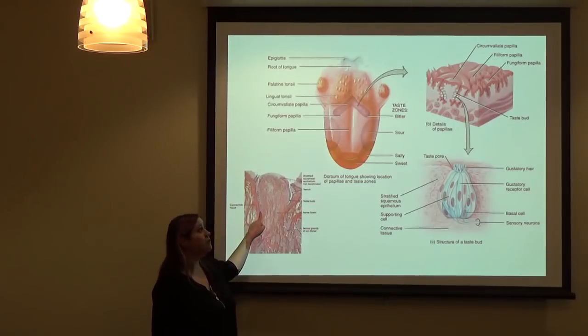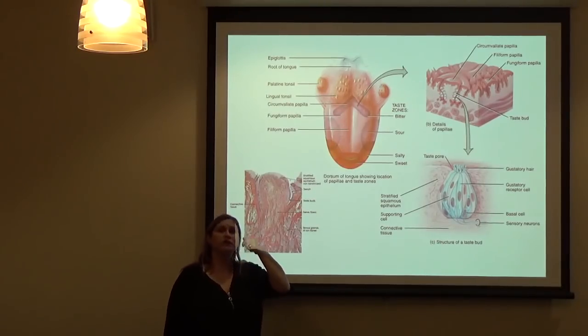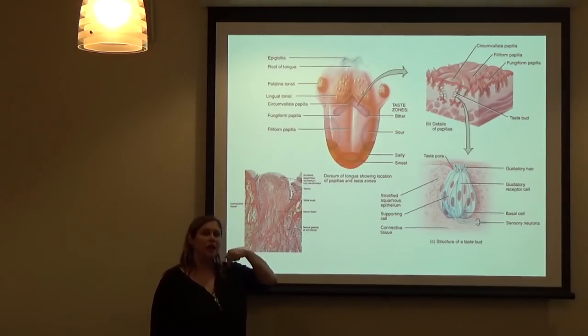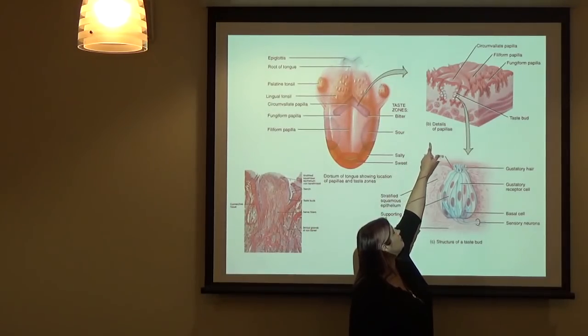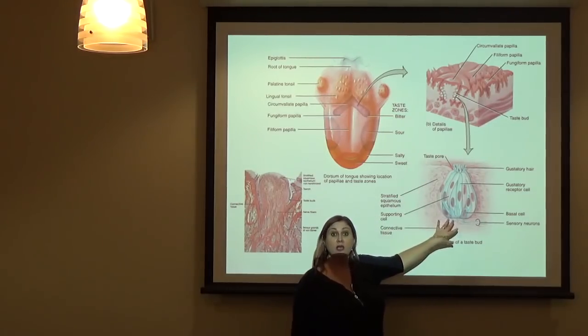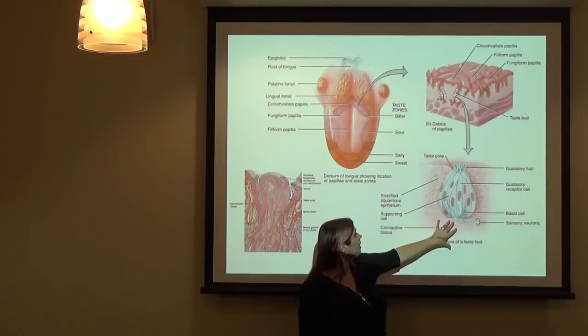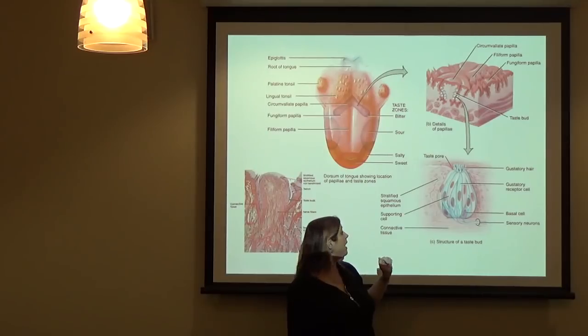Here's an electron microscope picture of one, and there's a drawing of one. And the taste buds are actually down inside the papillae. So inside the folds of the papillae, which you see up there, the taste buds are actually inside the crease of the papilla. Okay, and so you see the papilla there in pink, and then the taste buds are the little blue spots. And so a taste bud is blown up right here. And a taste bud, like I say, is kind of embedded inside the papilla.